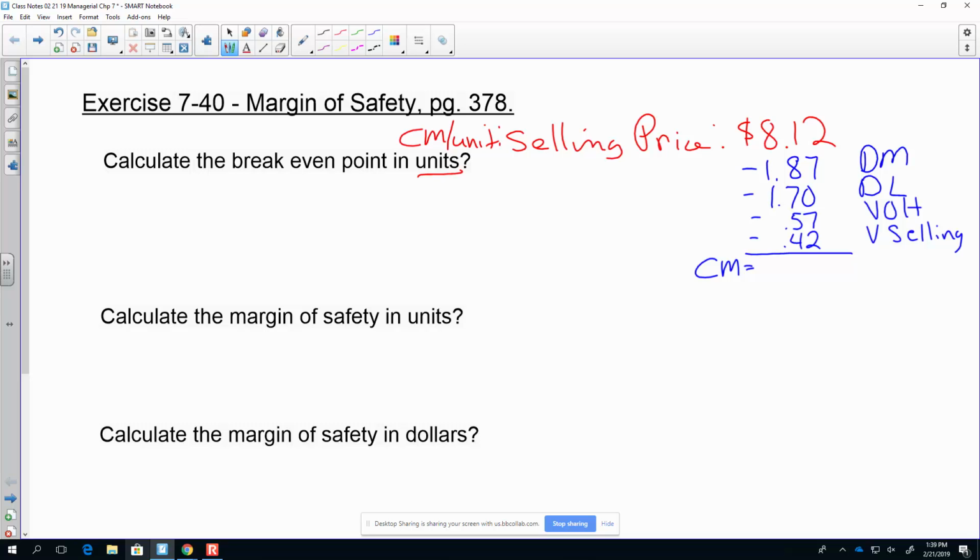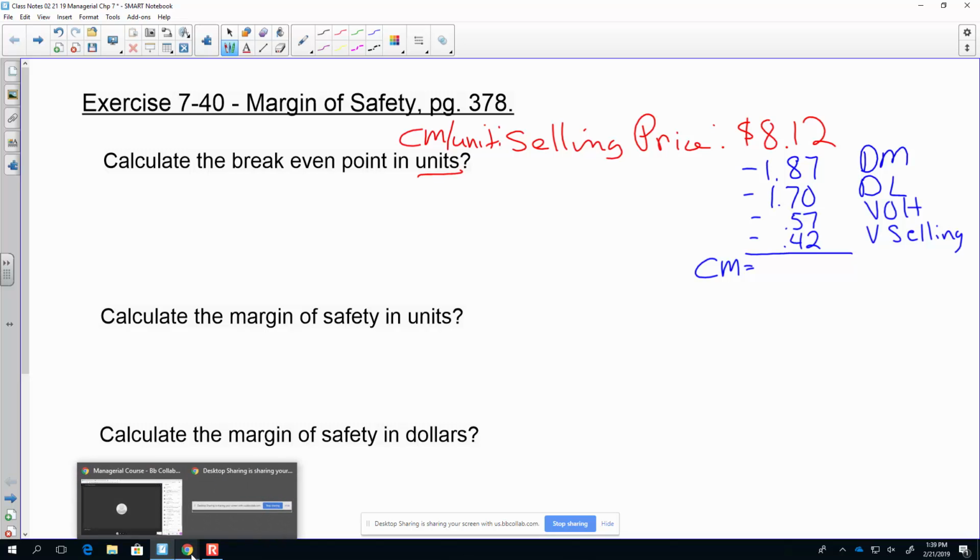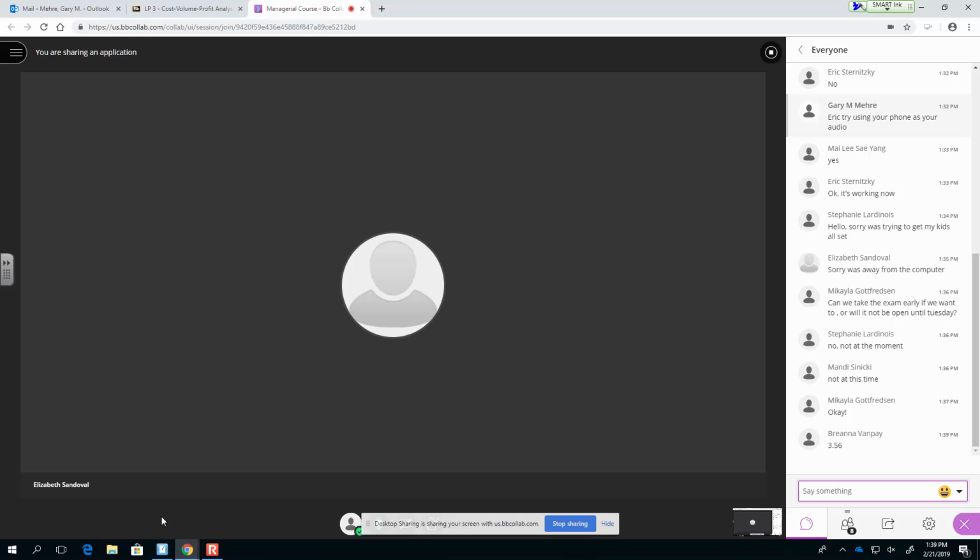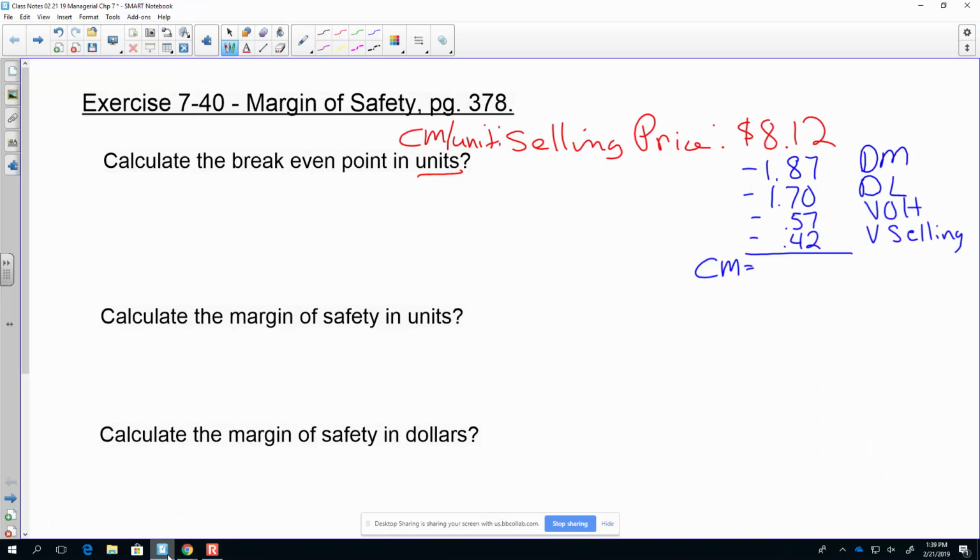So hopefully someone can help me with this. Guys, I still don't have my glasses fixed. So I'm relying on you guys to help me out here. Brianna, thank you. 356 is what I get for a margin per unit. Is that right, guys? Can someone audit that? Yeah, that looks good. Excellent, thank you. And then we simply take our fixed cost here of